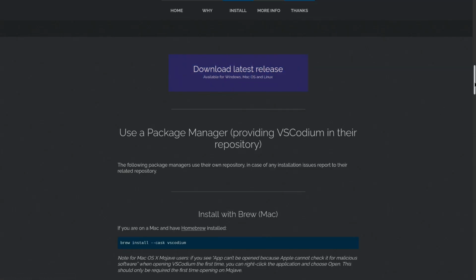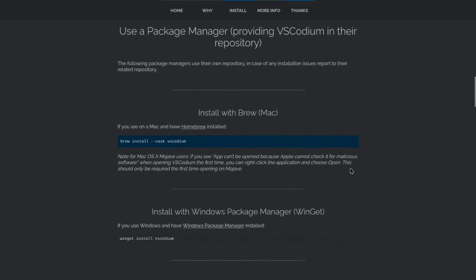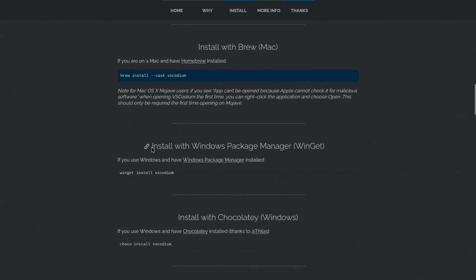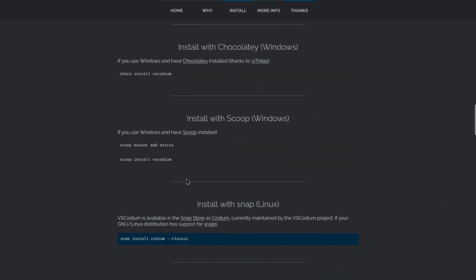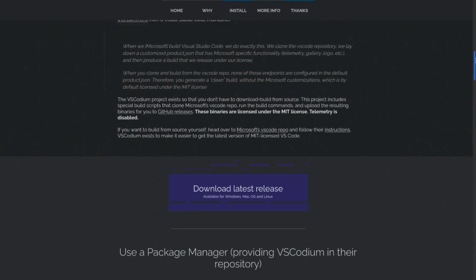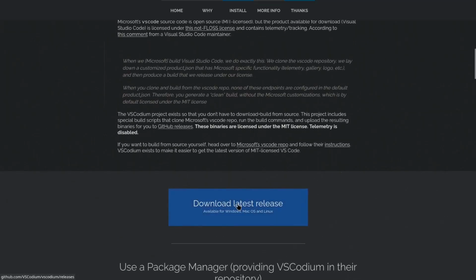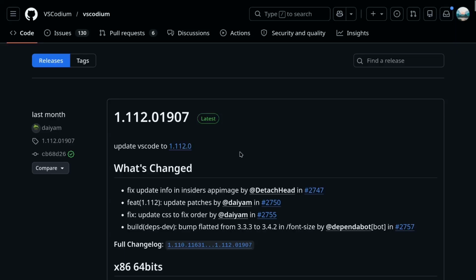If you're using Linux, you can scroll down further to view a package manager that may be able to install VSCodium. For example, for Mac, if you have Homebrew, you can install it with this command, or winget if you have Windows or Chocolatey. Scoop is also available for Windows, and so on. If you're unsure about all of those, just click this giant button, and then you'll be shown a screen that